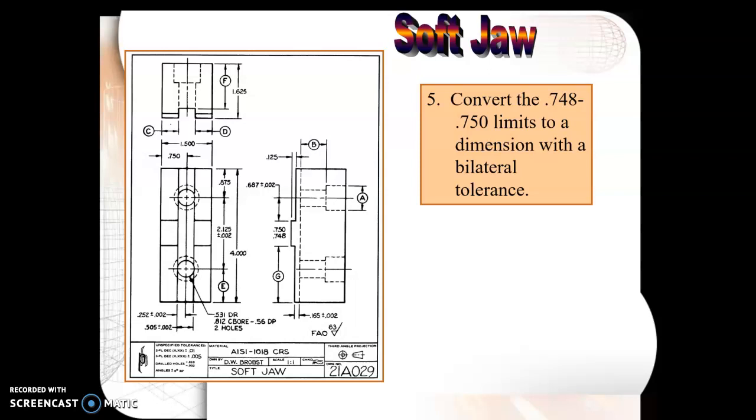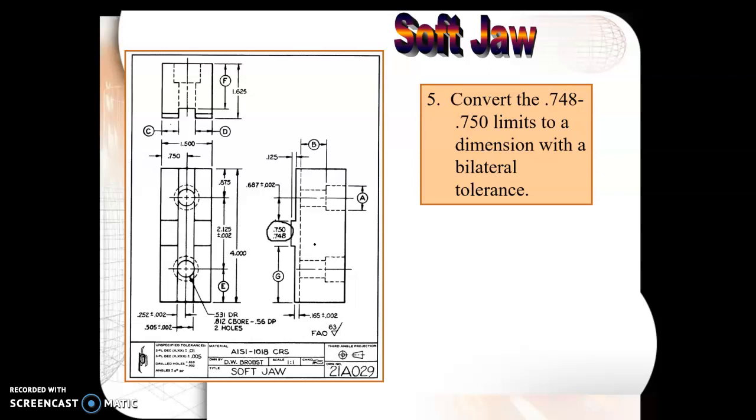We are looking at Unit 7 in the Blueprint Reading textbook and answering some questions about drawings that have been dimensioned with limits, or converting our typical tolerances to limits, or the other way around. So here we have this drawing of a soft jaw, and we have a dimension on here. Here it is. That is dimensioned with limits. It gives us the maximum and minimum allowable sizes of